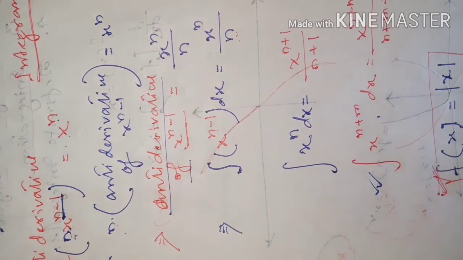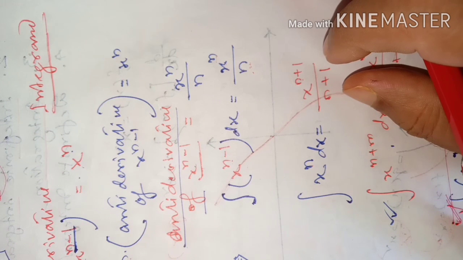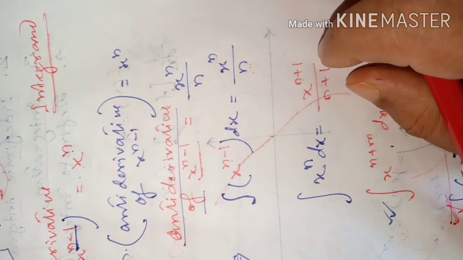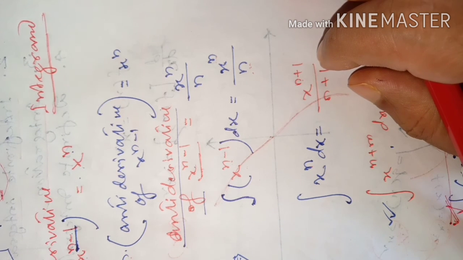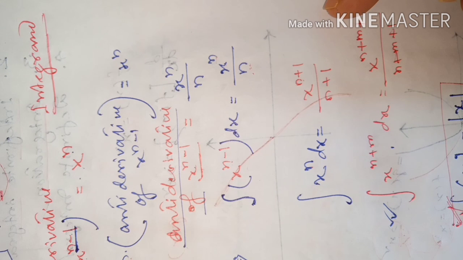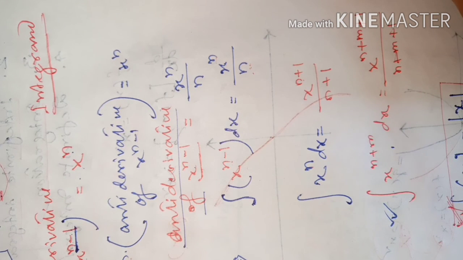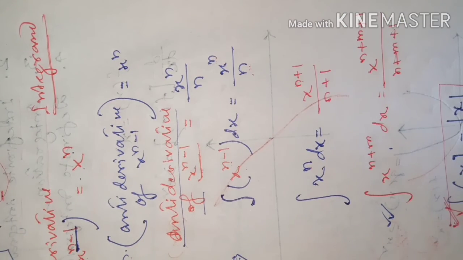So first of all, our work is to set the given function in standard form. Standard form means the form whose derivative you know, so that its antiderivative also you will be able to say. Means if you know the derivative of x to the power of n plus 1, then you will be able to say the antiderivative of the derivative. Now I am giving you one example.